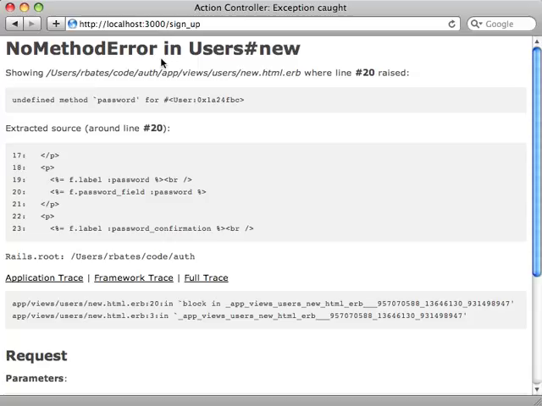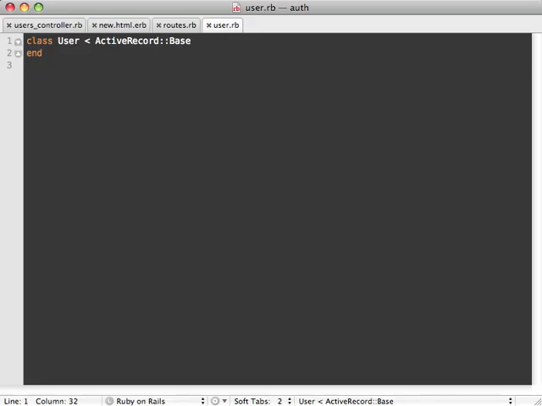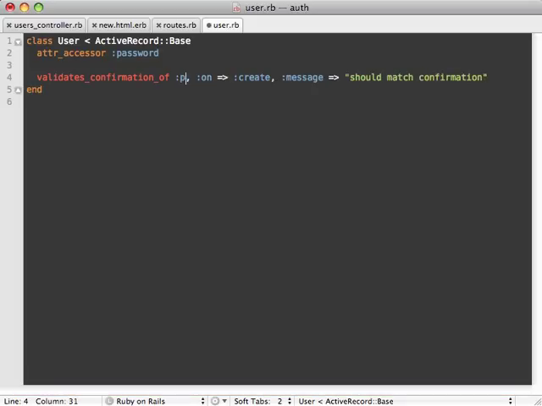There we go. So now when I start up my Rails application and point my browser to that sign up route, what'll happen is I'll get this exception saying there's no method called password on the user because we're trying to make a password field, but obviously it doesn't have that as a column in the database, so it's getting an error message. So inside of our user model, we need to make an attribute called password. That's all we'll have to do to resolve that error, but we also need to have a password confirmation, so we can do that by adding a confirmation validation on our password field, and that'll automatically add that password confirmation